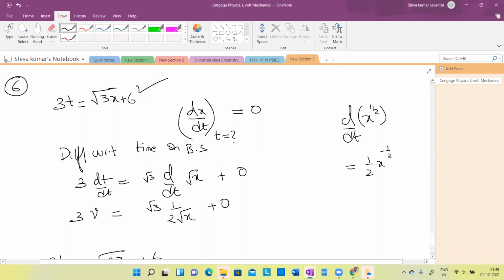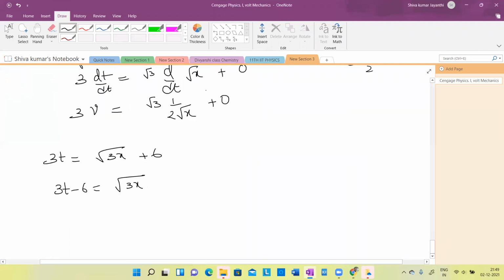Why I did all this is that a new student, Janvi, joined. By seeing this, she wouldn't know what to do. So that she'll know that if you just start straight away with the differentiation, you won't arrive at anything. What you have to do is find x as a function of time, then start doing that, rather than simply differentiating as it is.